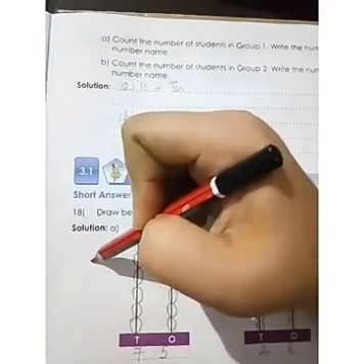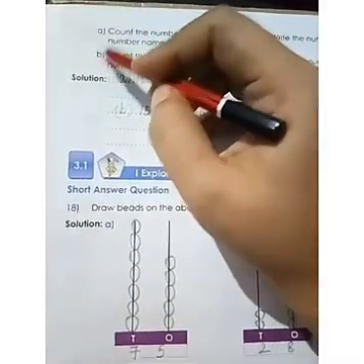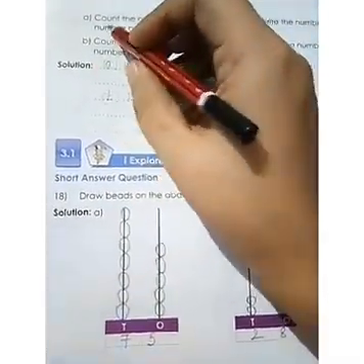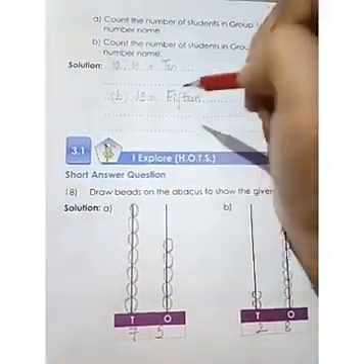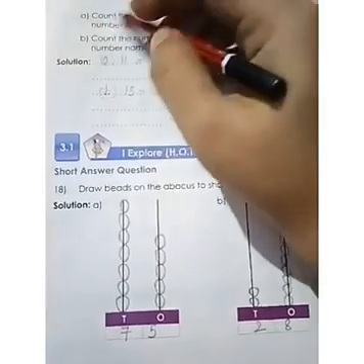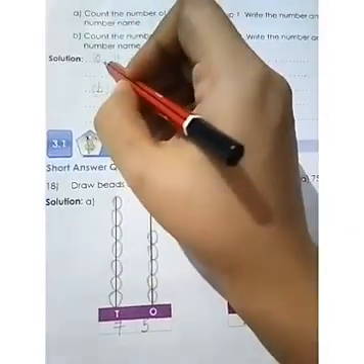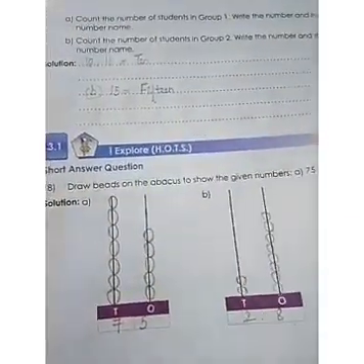This is question number 18. In the 17, there are 2 questions, A and B. Okay, so when you write the answer, you can write A, 10 equals 10, B, 15 equals 15. So in a question, if they are given A, B and C, you can mention on the side, okay, as A, B, C.